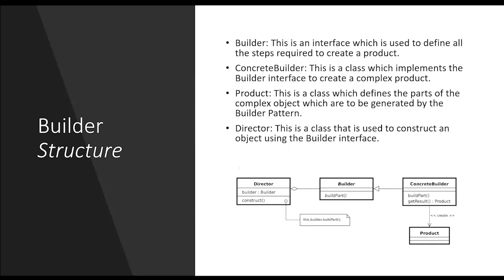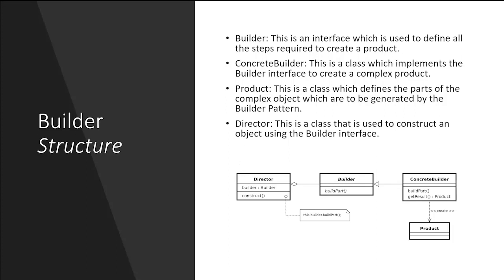And finally is the director. Director is the one which actually constructs the object, which provides all this information, and is the one facing the client. So the client will be dealing with the director to construct the actual product and get the result. As mentioned in the class diagram itself, director will have an instance of builder. So director will direct which parts need to follow, what the steps are, and finally these things will happen.